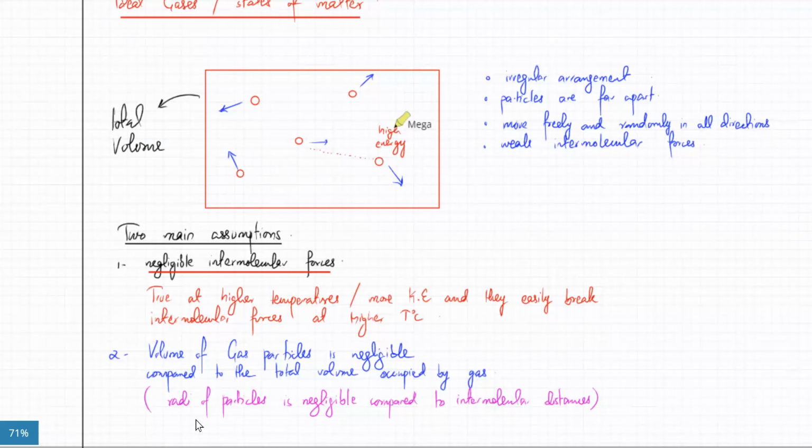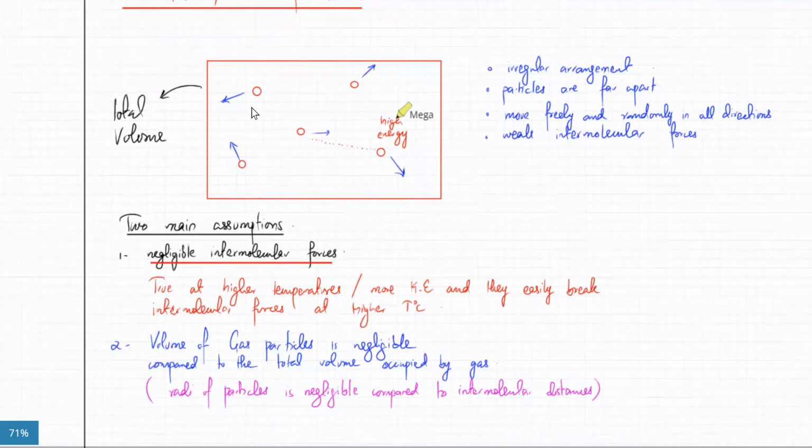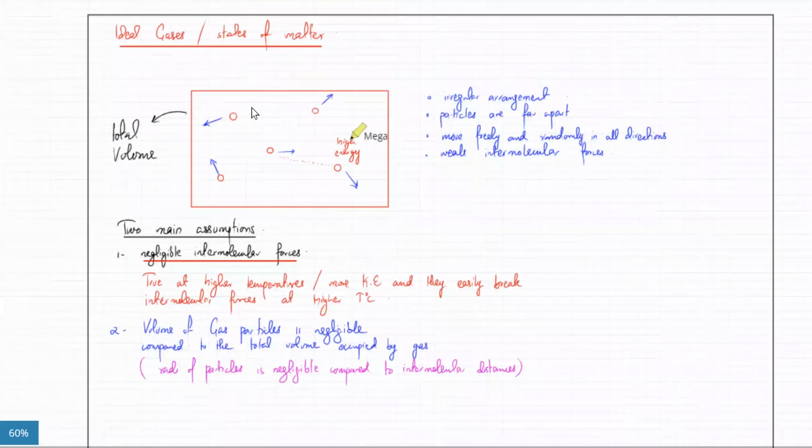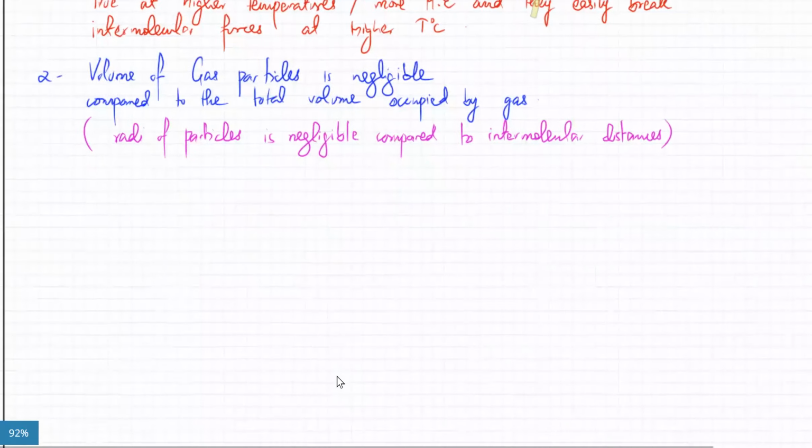So the second statement meant that the radii of the particles is negligible compared to the intermolecular distances, or you can say that the volume of the gas particles is negligible. So all you see is mostly empty space. The particles themselves don't have much of a volume. So these are your two statements. Now, the second one is going to be true at low pressures, and the reason is